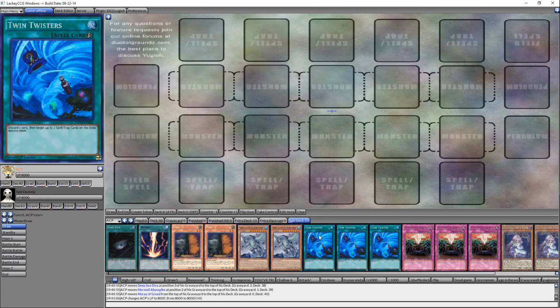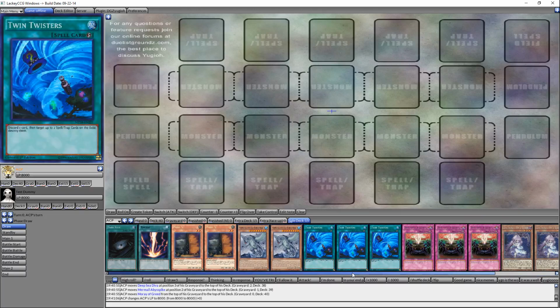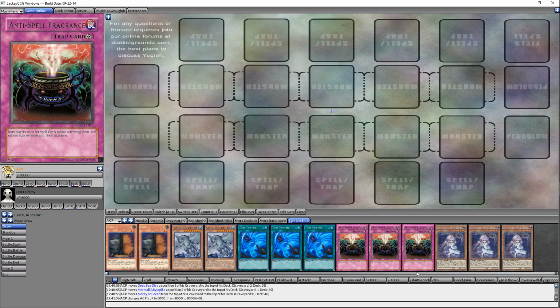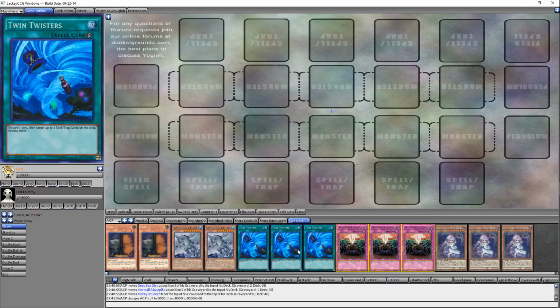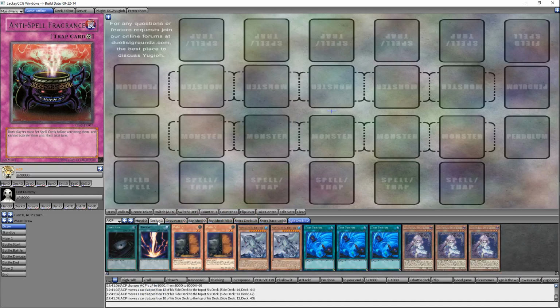And now I want a side deck. My opponent's playing some sort of pendulum deck, so I say, you know what? I think I want to side in my 3 anti-spell fragrance. I could just highlight these 3 cards. I can press shift to select multiple cards like that. So I clicked this, held shift, and then selected these 3. I'm just going to drag them all to my deck,